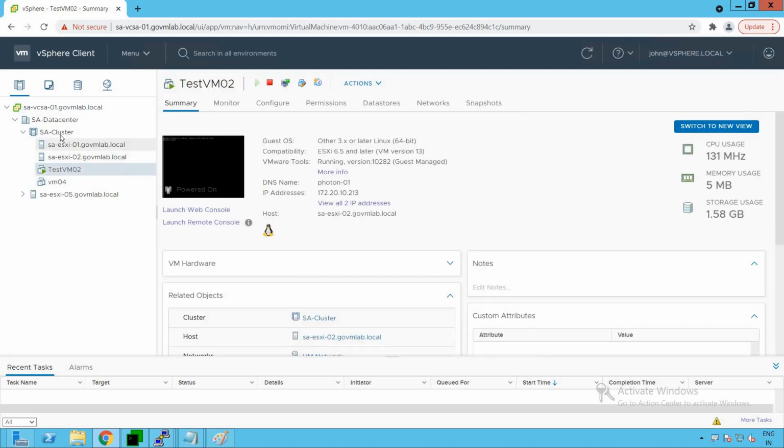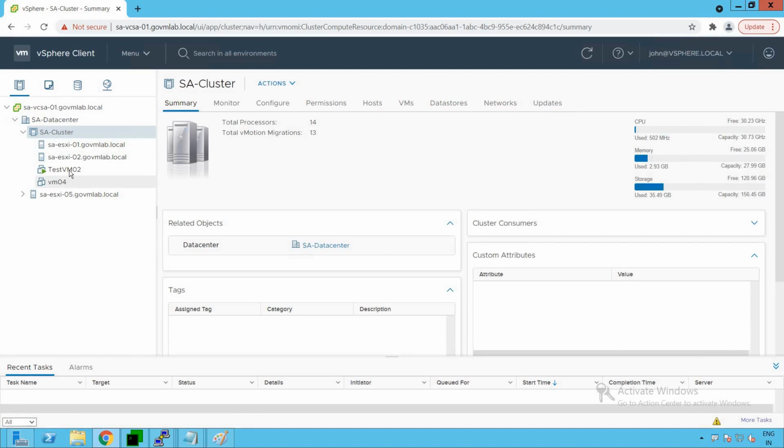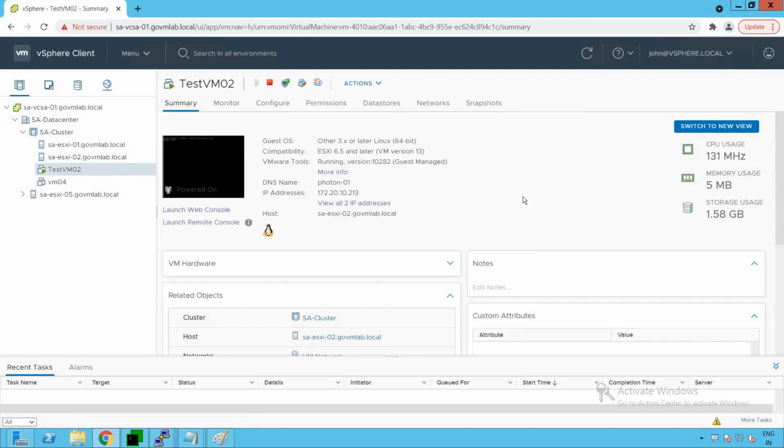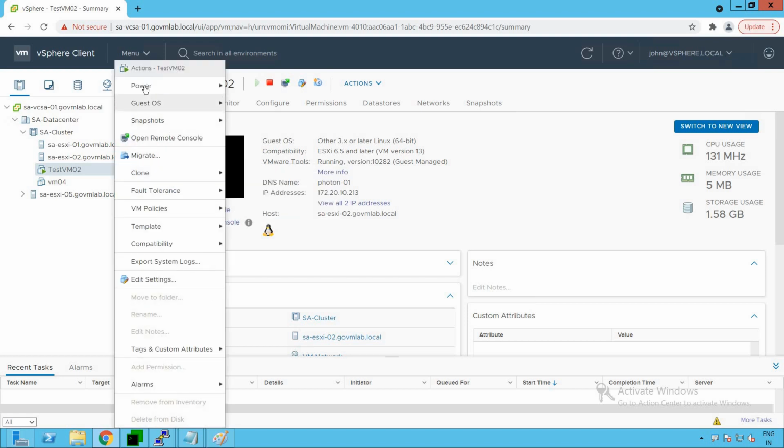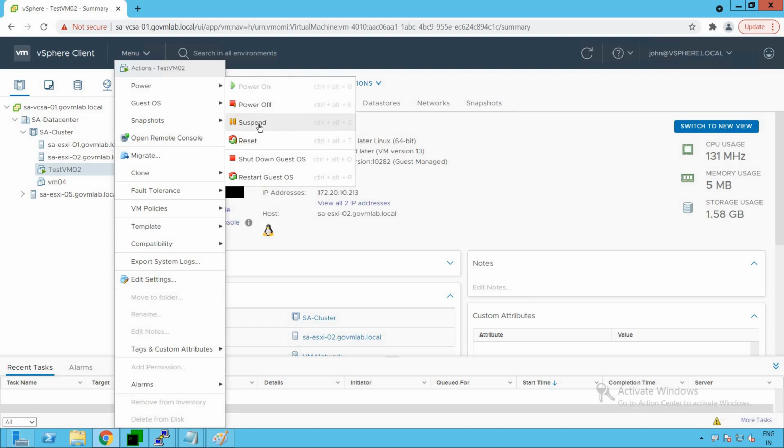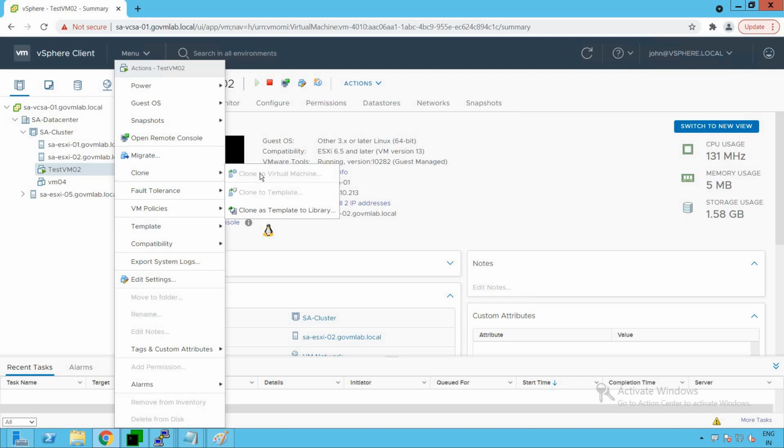Now let's browse our data center because it's a virtual machine user. When you click at the virtual machine, you do see that this John user can access our virtual machine objects. Now let's see what all operations a John user can do. Right click on it, click on power on, power off. All the virtual machine related operations this John user can do, but can he clone the virtual machine? Look at that. It cannot do any kind of virtual machine provisioning. As you see, it cannot clone to virtual machine or clone to template.